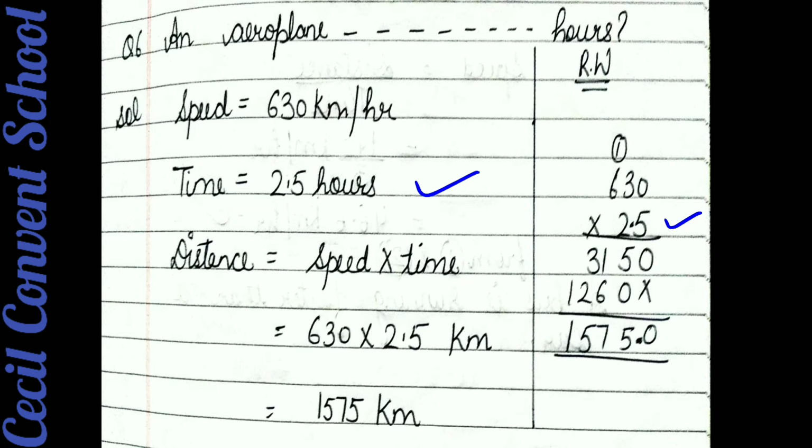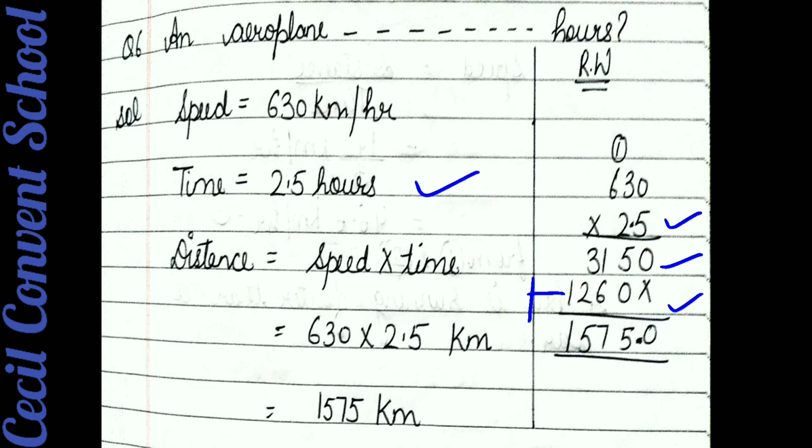5 zeros are 0, 5 threes are 15, 1 will go on 6 as a carry, 5 sixes are 30, 30 plus 1 is 31. Clear? Now when we go to next line, firstly we have to put a cross, then we multiply by 2. 2 zeros are 0, 2 threes are 6, 2 sixes are 12. Now what we do, we will plus them. 0 plus 0 is 0, 5 plus 0 is 5, 6 plus 1 is 7, 3 plus 2 is 5,